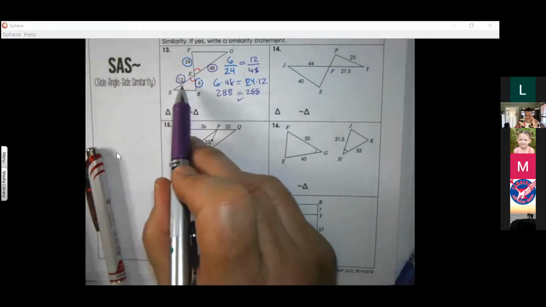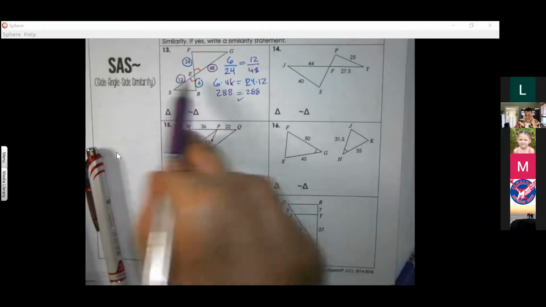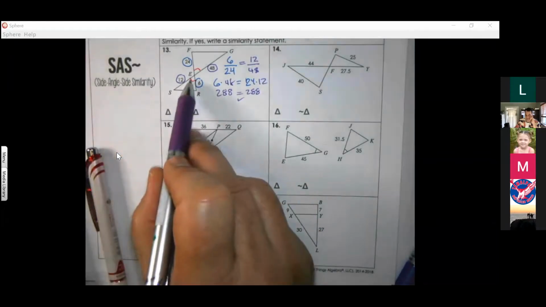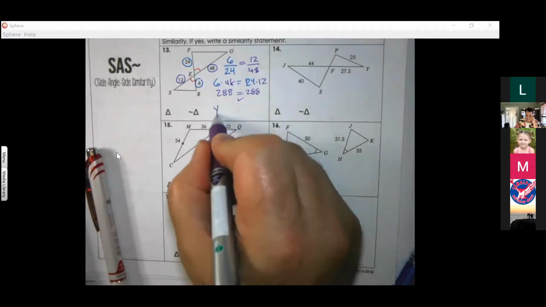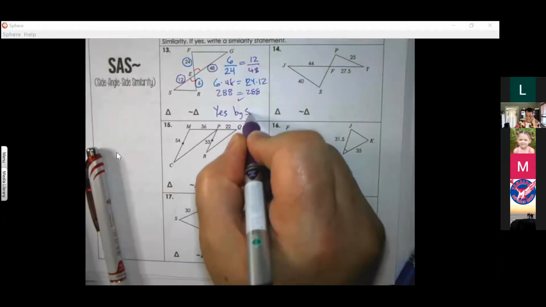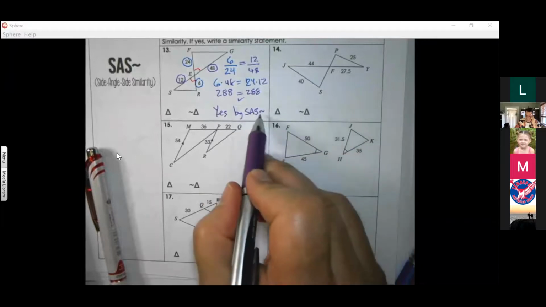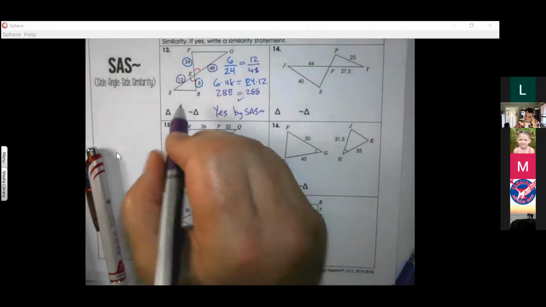giving me 2 S's. And they're the right 2 S's. They are straddling the angle, SAS, with A in between. So yes, by side angle side similarity, don't forget that little symbol there, I can say that triangle, let's go